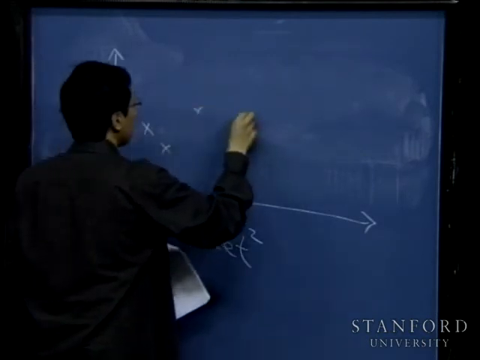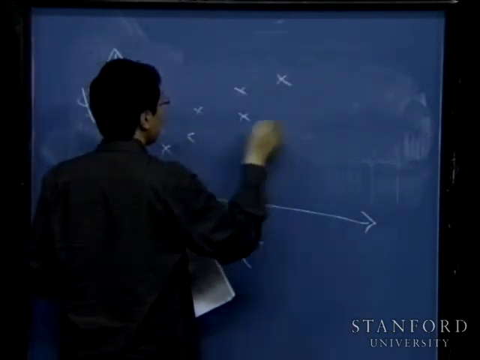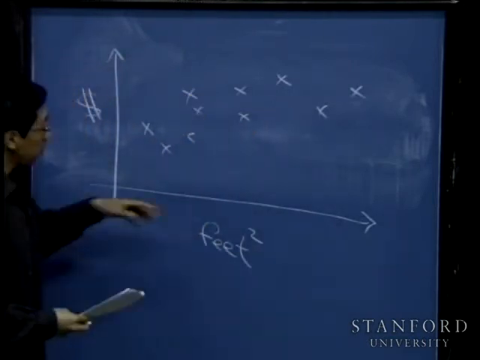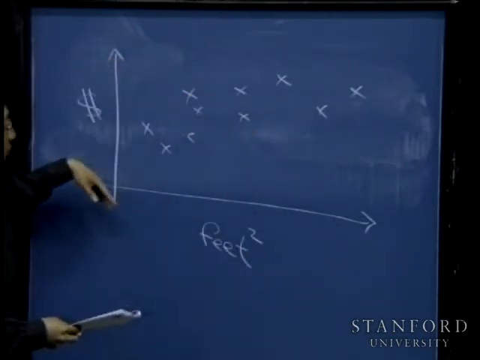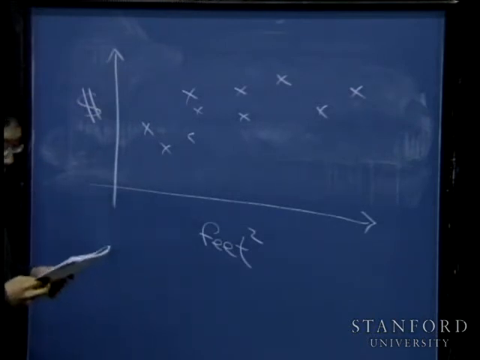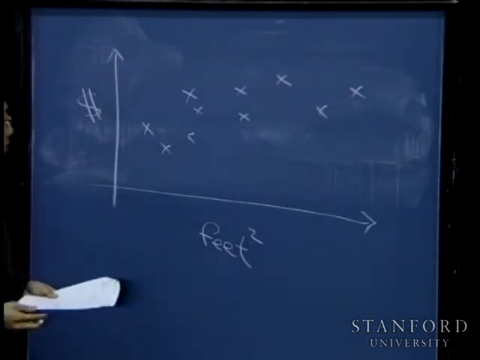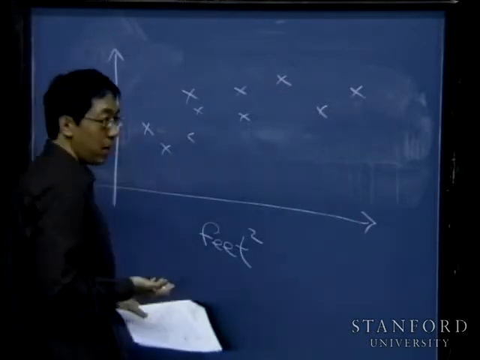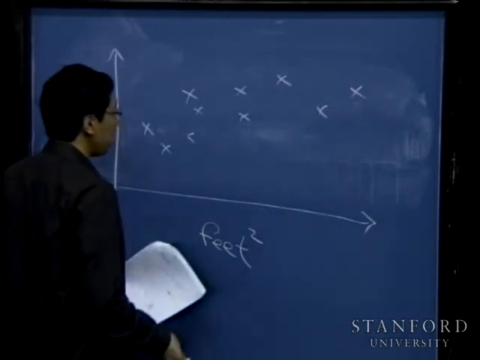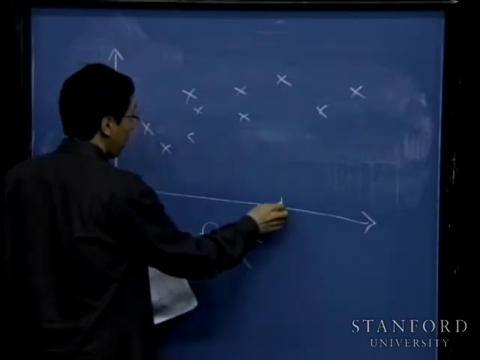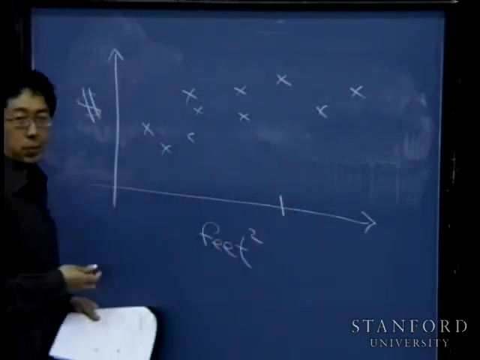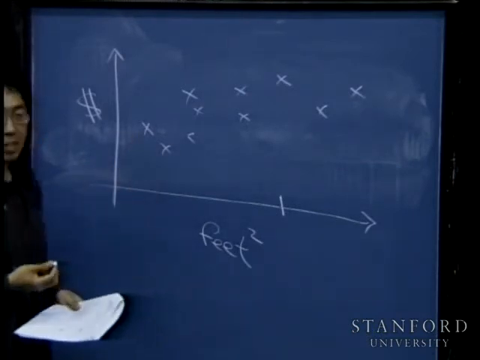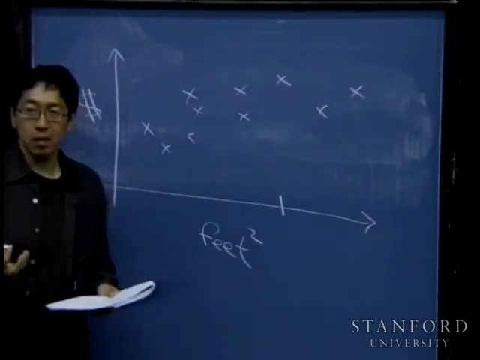So collect data on a bunch of houses. Let's say you get a data set like this with houses of different sizes that are listed for different amounts of money. Now, let's say that I'm trying to sell a house in the same area as Portland, Oregon, where the data comes from. Let's say I have a house that's this size in square footage. And I want an algorithm to tell me about how much I should expect my house to sell for.